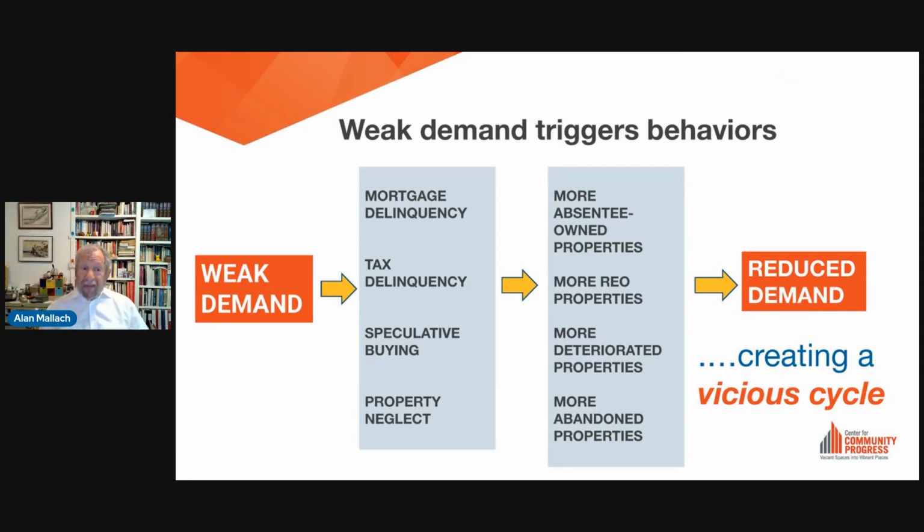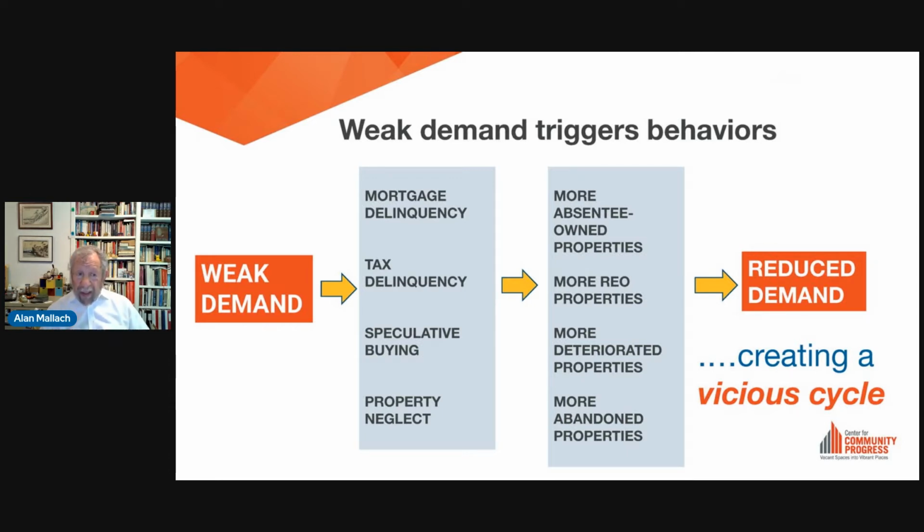You'll see more properties that are deteriorating and need work, which becomes a big issue because one of the things that most home buyers look for when they go out to buy a house is a house that does not need major work. Now, we've all read about all these urban pioneers who go in, they buy a shell, and they spend the next 10 years of their lives fixing up this shell until it's a thing of beauty. Well, there are a few people who do that, but that is a tiny percentage of the market. And if you count on having those people as your buyers, you're going to wait around a long time.